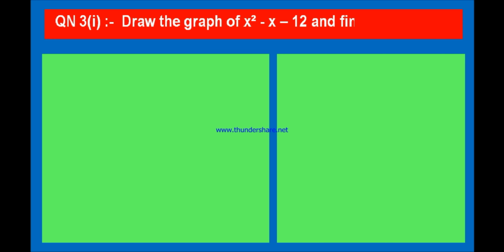We have to draw the graphs of quadratic polynomials. Here is the first bit of third question. Draw the graph of x square minus x minus 12 and find the zeros. I shall repeat. Draw the graph of x square minus x minus 12 and find the zeros of the given